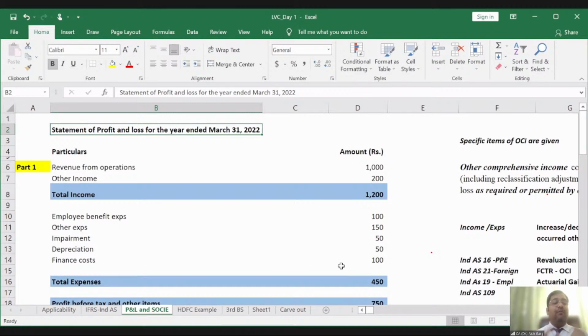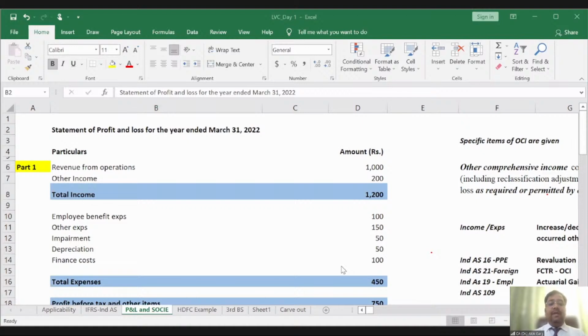statement of P&L, like revenue from operations, other income, employee benefit expenses, finance cost, right? Your depreciation and amortization, tax expense, right? Profit or loss from discontinuing operation, share of investment in joint venture or associate, right? So these line items have also been given in Ind AS 1 for the statement of P&L. But as far as the format is concerned, you have to refer Division 2 to Schedule 3. Okay. So friends,